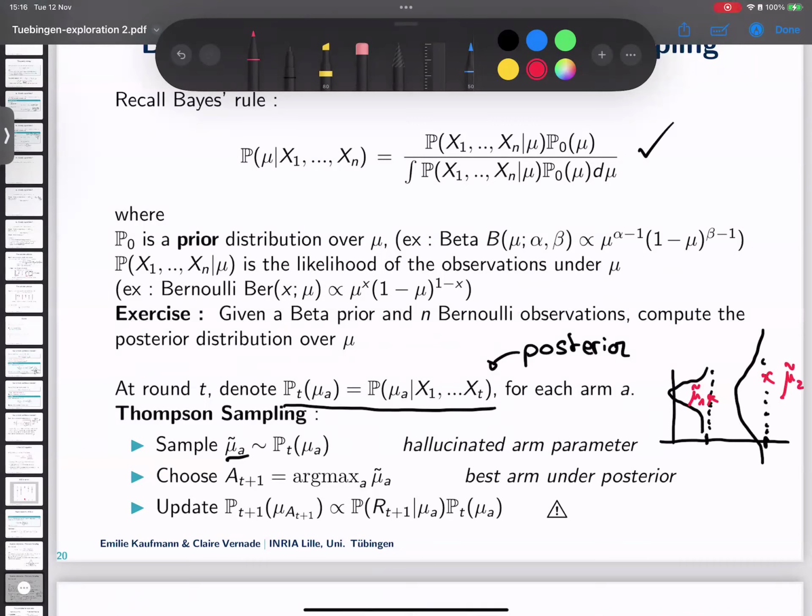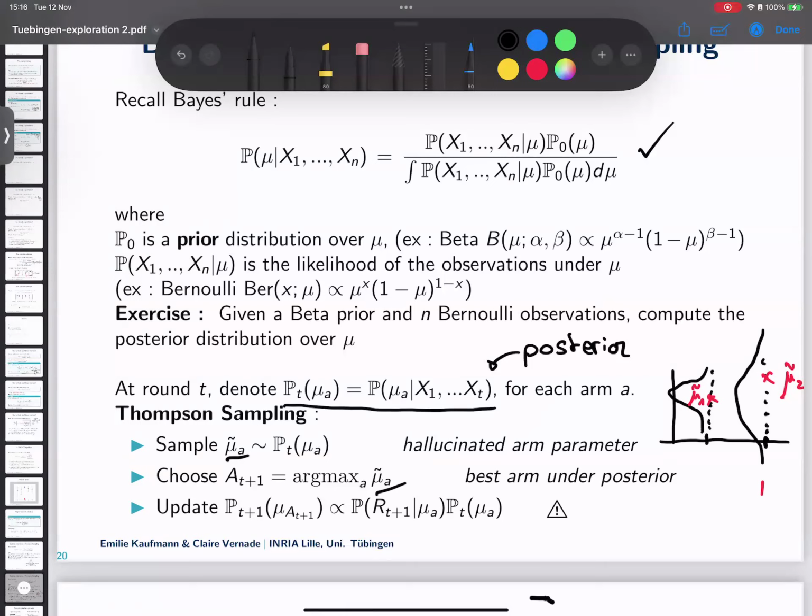We don't know. Maybe this arm here is worse. We don't know. But right now, my belief doesn't allow me to conclude on this. So I can sample from both distributions. I obtain two worlds that are compatible with my current observation, my current belief. And I'm going to act not optimistically, I'm going to act in this sampled environment, which you can call hallucinated, which is a word that Bayesian people use a lot. So in this hallucinated world, you can just pull the action that has the largest mean.